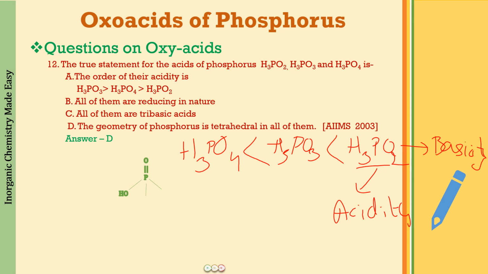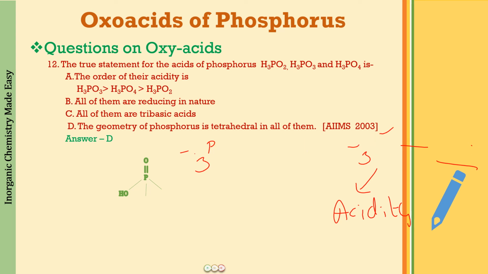Another thing which you can remember is related to the acidic strength. So please do not confuse acidic strength and acidity, right? Basicity refers to the number of H ions furnished, and acidity refers to the number of OH ions furnished into the solution, so we will have the opposite order for the acidity. When we talk about the acidic strength, this depends upon a number of factors like the electronegativity of the atom, how many H ions can be furnished, and the strength of the conjugate base that is formed.